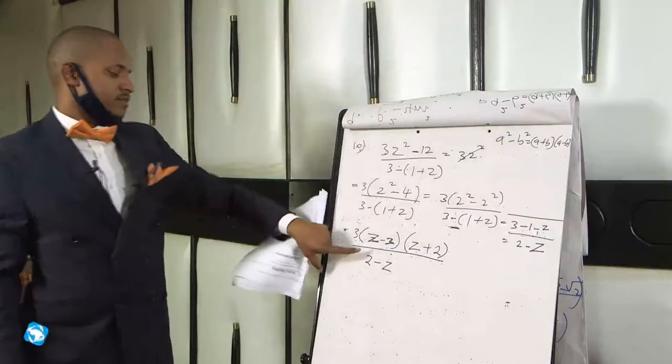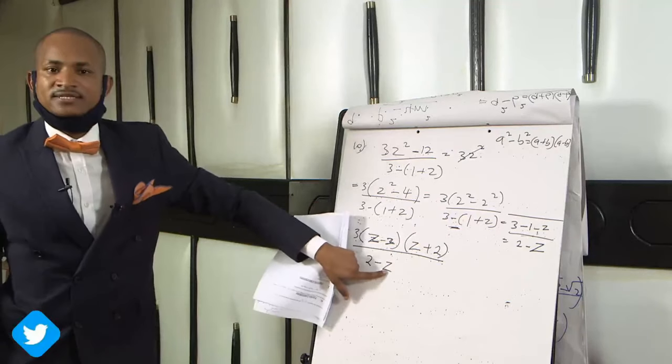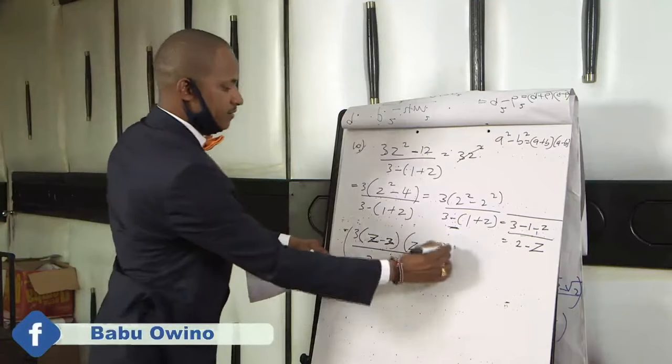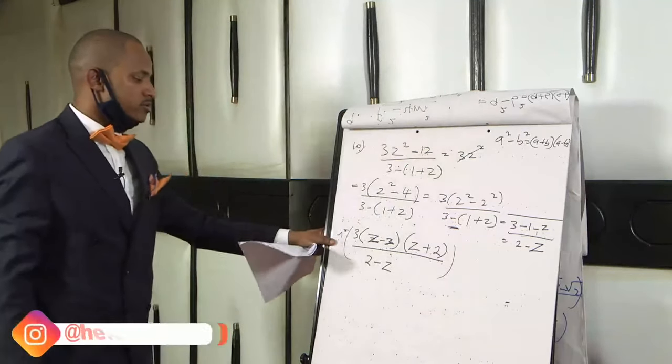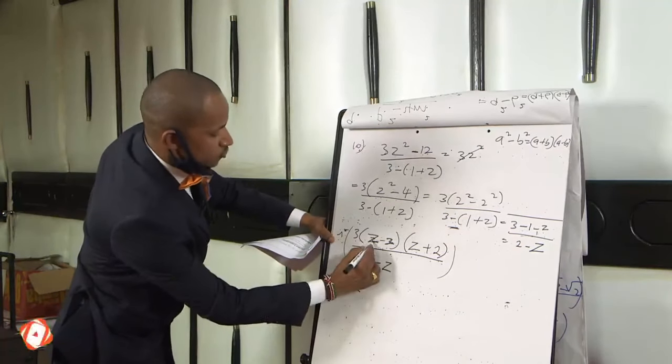Again, there is a relationship between z minus 2 and 2 minus z, but we introduce a negative 1 at the numerator. So when you introduce a negative 1 at the numerator, we will have negative 3 into, this is